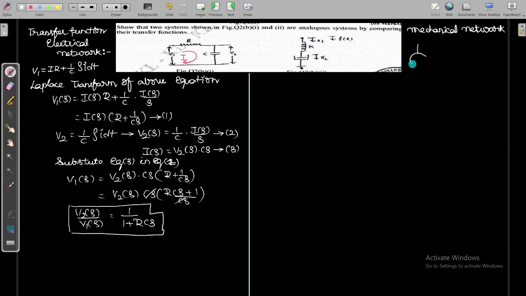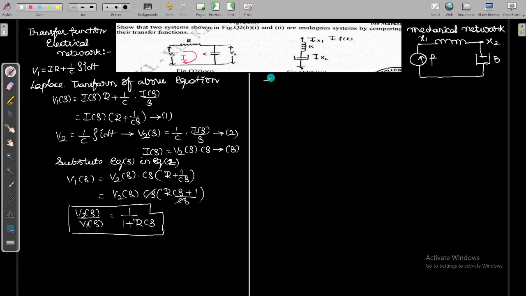So the force we have taken here, next there is a spring between x1 and x2, and there is one damping coefficient for the displacement x2. What is the first step you have to do? You have to take the displacement x2 and x1. So there will be a force here. Between x1 and x2 we have another damping coefficient b.